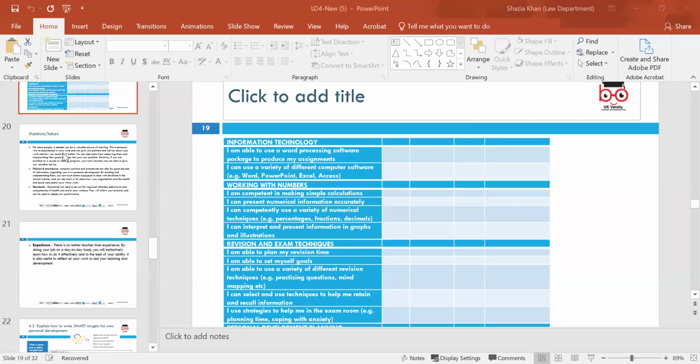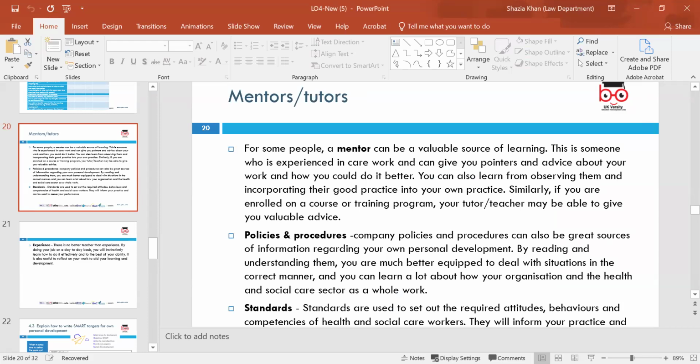And then you've got mentors and tutors. So mentors are a valuable asset, okay? And it's forming a trust relationship. A mentor is someone who typically provides feedback, advice and guidance to their mentee, whereas a tutor, on the other hand, is someone who is there to provide academic assistance. So there's a difference between a mentor and a tutor. But the mentor is a really valuable source for you, because you need to be guided by someone